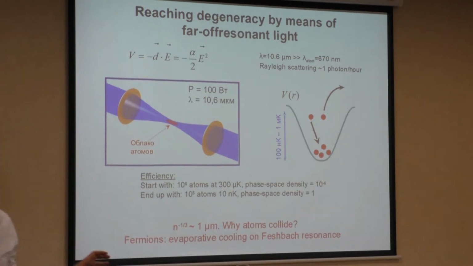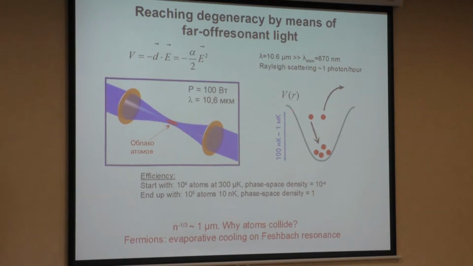Again, this graph about evaporation. So first we had a magneto-optical trap with resonant light, then reloaded atoms into a conservative trap created with light. In this case, the trap is created in the focus of a laser beam,